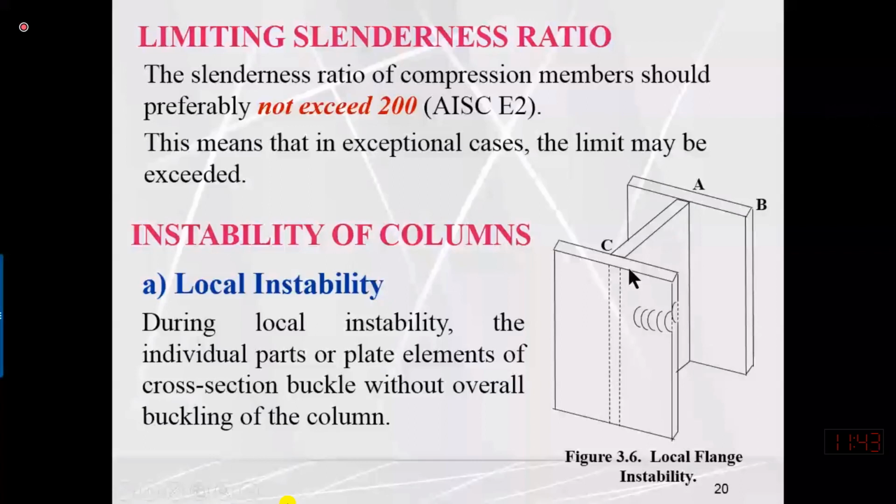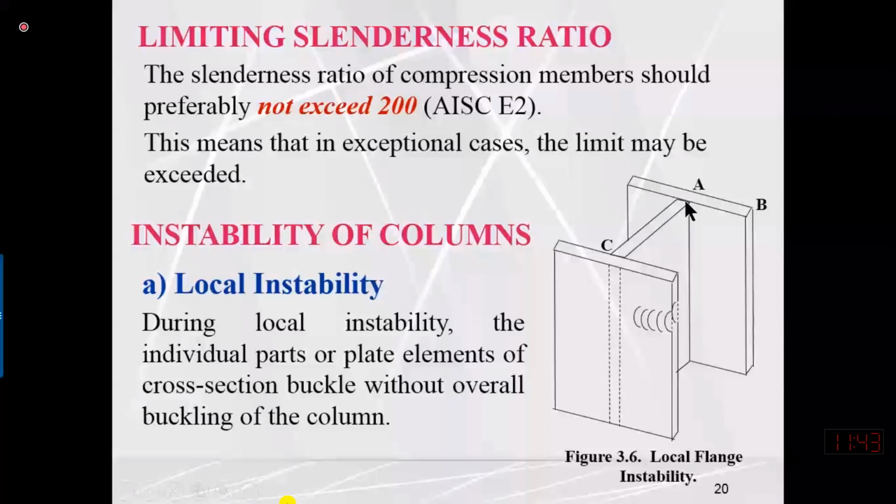Why the half flange? Because one side is free, this is the projected length. This is the cantilever portion of this W section: one edge is free and the other is fixed. So all these types of sections have two types of elements. One element is referred to as a stiffened element, which is connected from both sides.